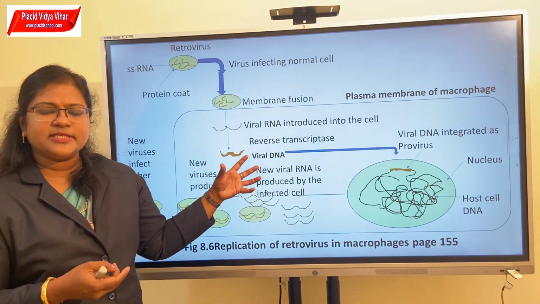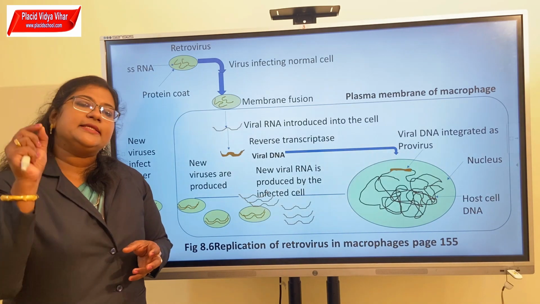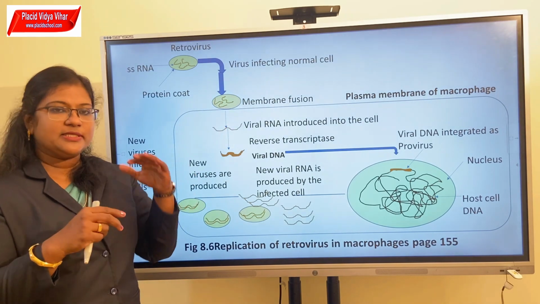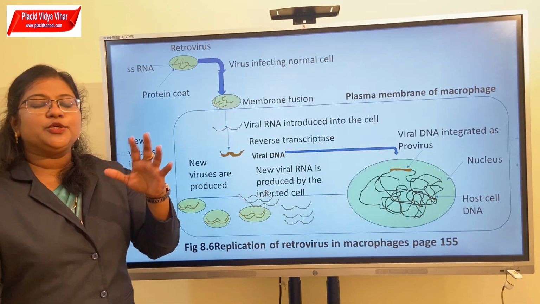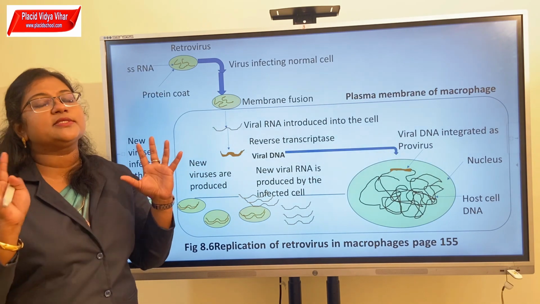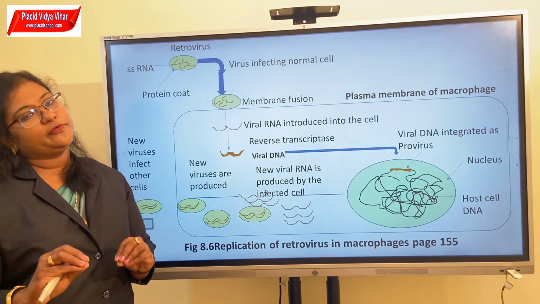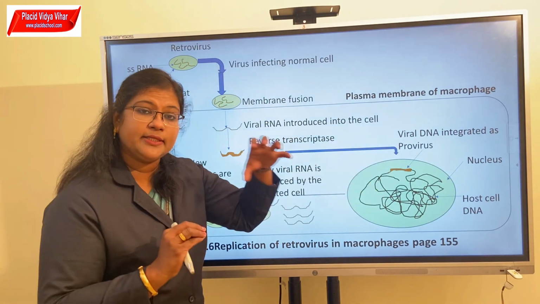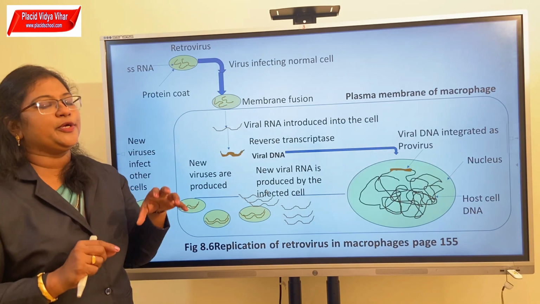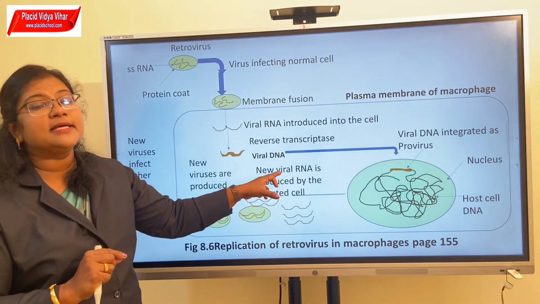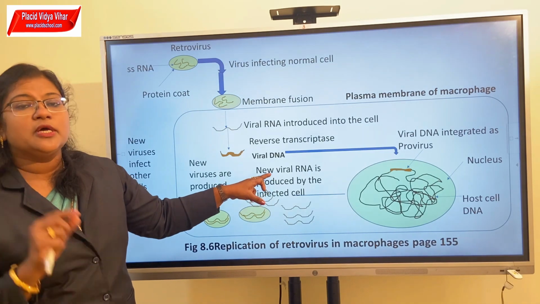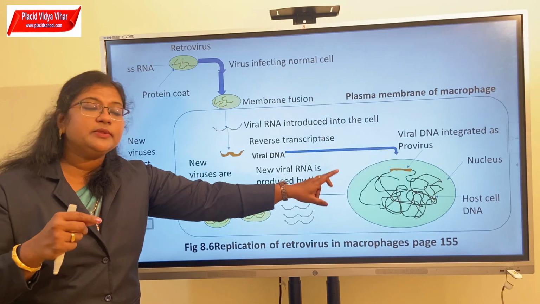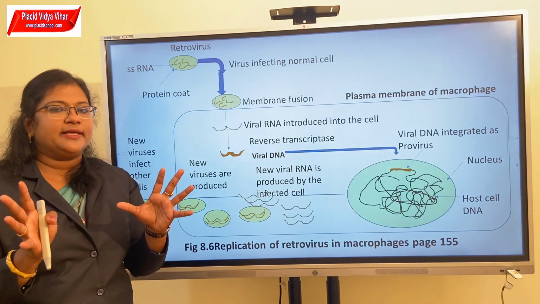Now you must be wondering how this viral DNA is synthesized. Yes, it is using the nucleotides of the host cell itself. The virus, once it injects its RNA along with the enzyme, uses the machinery of the host. That means it uses all the nucleotides from the cytoplasm of the host to synthesize its DNA. And it is integrated, and sitting inside the host genome, it triggers the host to produce its proteins as well as its RNA replication also takes place. So just as in the normal cell, the DNA of our cell along with the DNA of the virus will remain there in the proviral state.